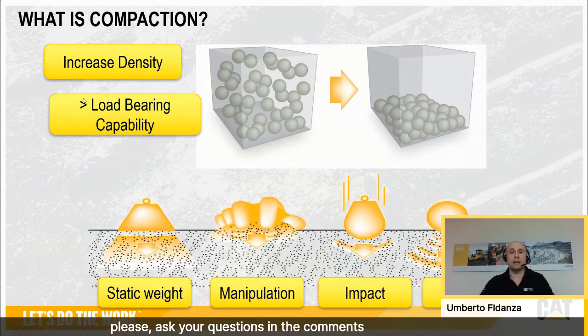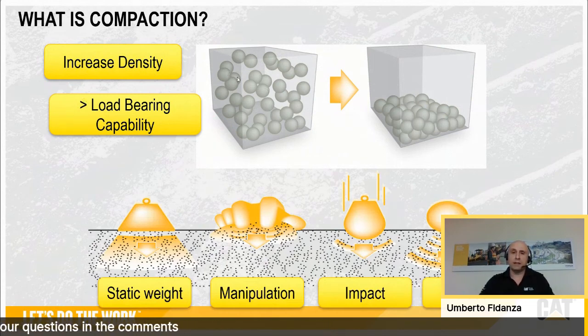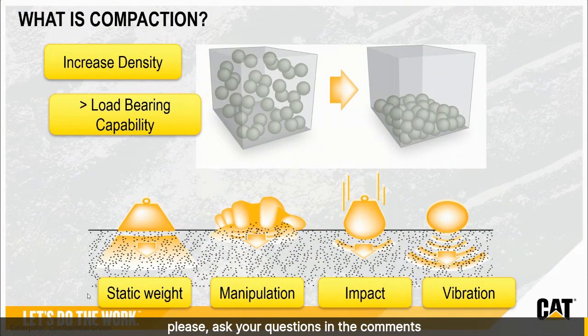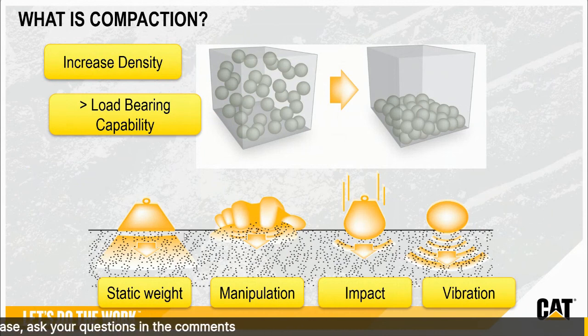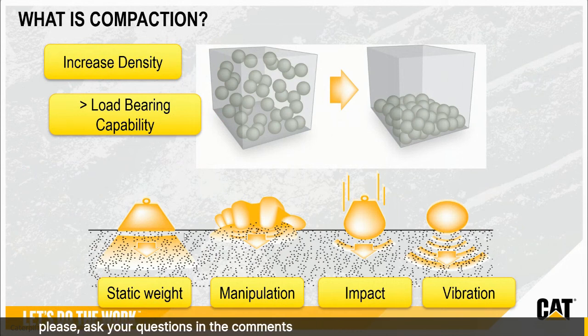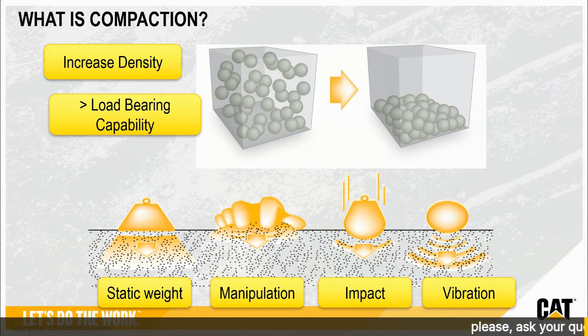So how do we do that? How do we remove those air voids between the particles? By exerting 4 different types of force. Static weight, the simple application of weight over a material. Manipulation, a complex type of force which acts in several directions concurrently. Impact, which mimics the action of a hammer, the strike of hammers. And vibration. All those forces contribute to reorient the particles of the material in a way that lets them occupy